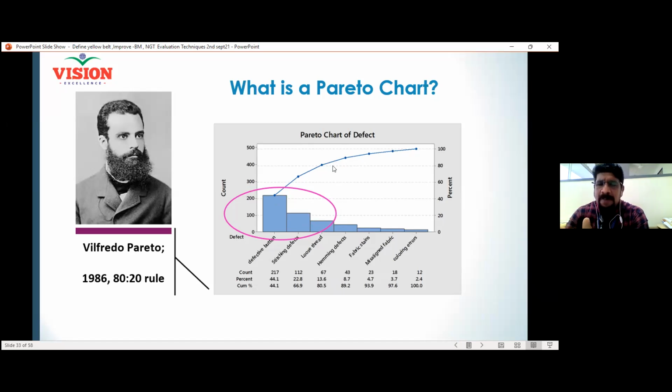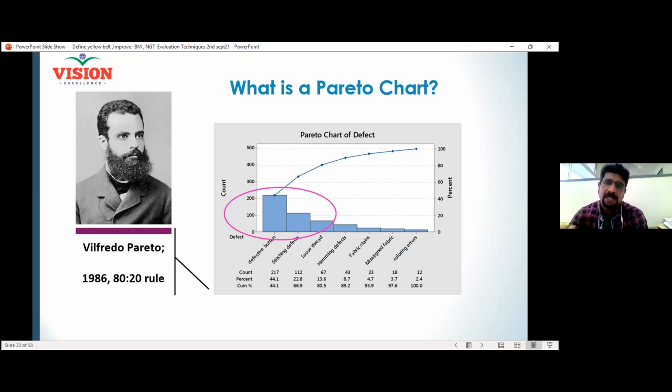So if you focus on the first three defects, we are able to eliminate 80% of the total defects. My performance, my efficiency increases by 80% just like that. If I focus on these three, I don't need to focus on all the 10. So I have 10, 15 problems: one from inventory, two from workshop, three from purchase department, HR, okay, cycle time, scrap, wastage.